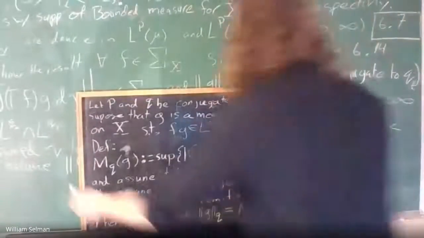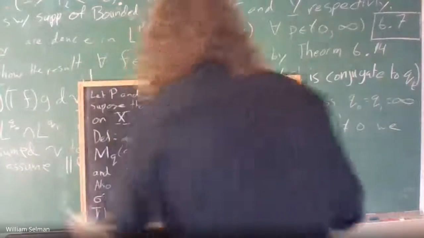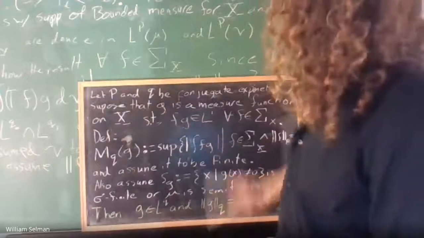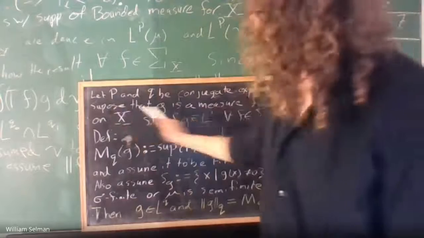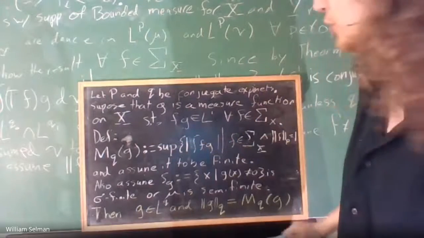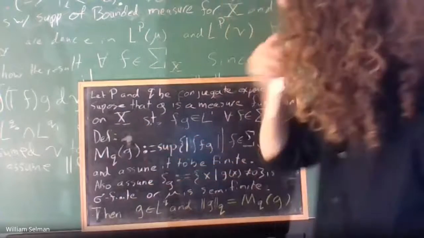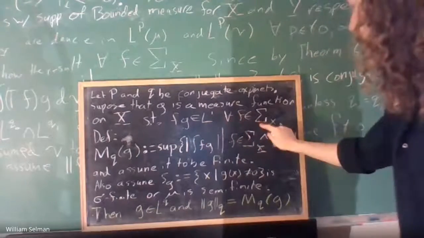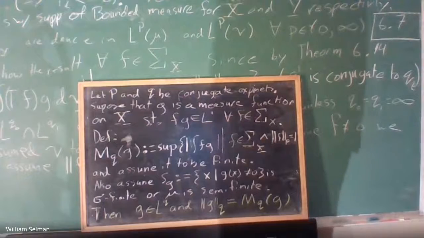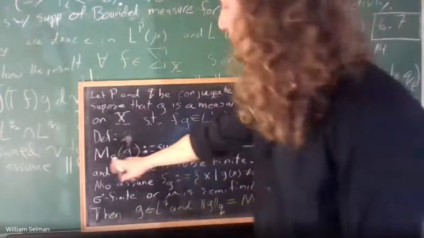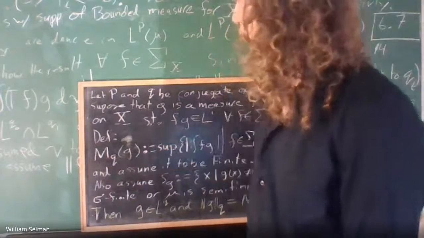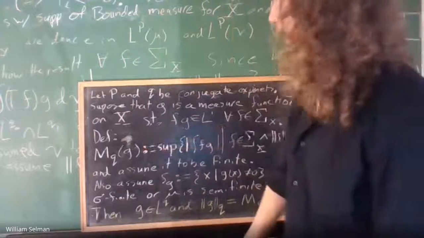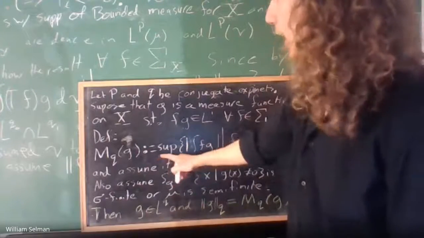Okay. So we have, let P and Q be conjugate exponents. Suppose that G is a measurable function on X such that the product of F and G is in L1 for all F in this sigma X set. Then we're going to define M sub Q of G, Q being, again, the conjugate exponent to P, equal to